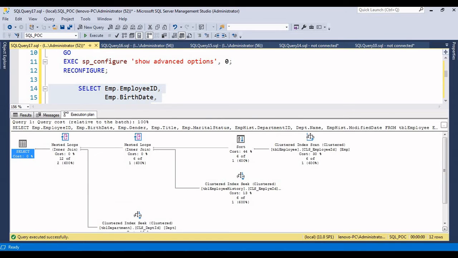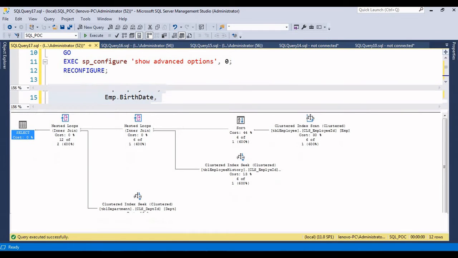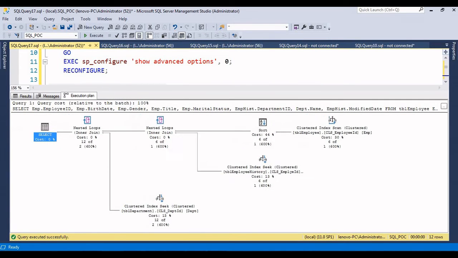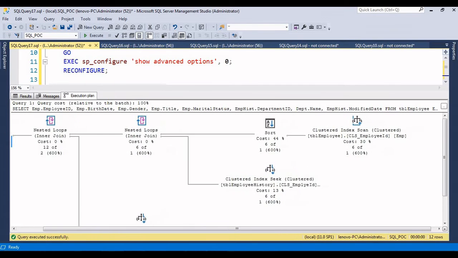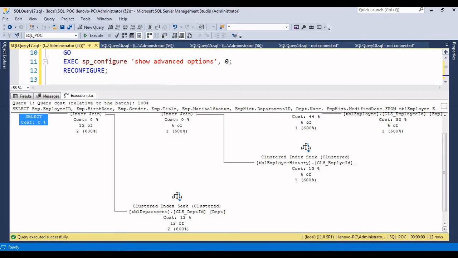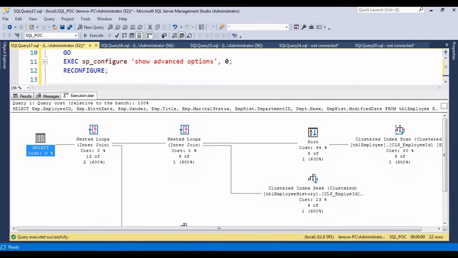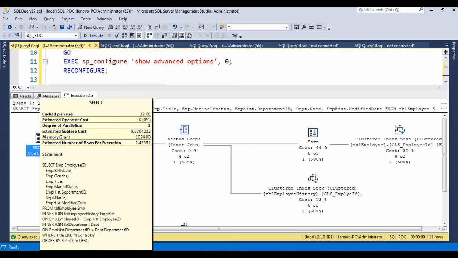Go to the execution plan. Here we can see different operators, I'll zoom in: nested loops, sort, clustered index seek, scan. Now if you want to know where we can see max degree of parallelism, just place the mouse over here. We can see degree of parallelism 1, right?